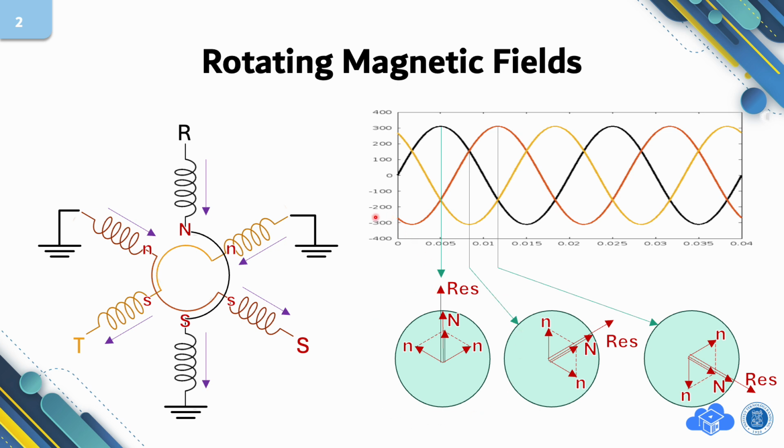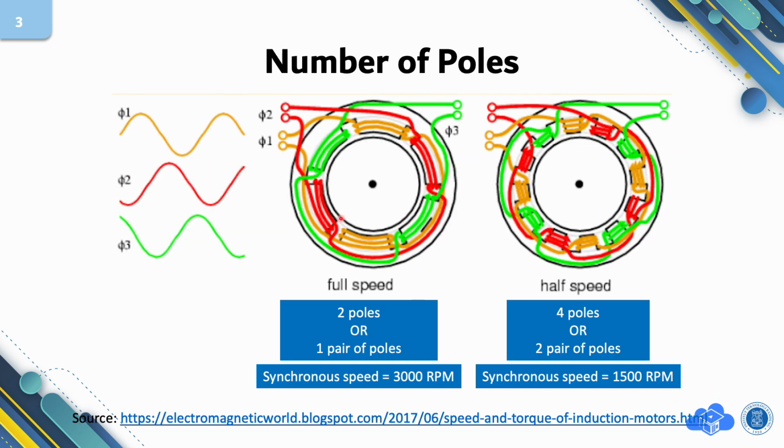Since the rotating magnetic field is driven by this electrical grid with a frequency of 50 Hertz, the speed of the rotating magnetic field will be the same as 50 Hertz, or 3000 RPM. In engineering, we can modify the speed by splitting the phase into several poles.